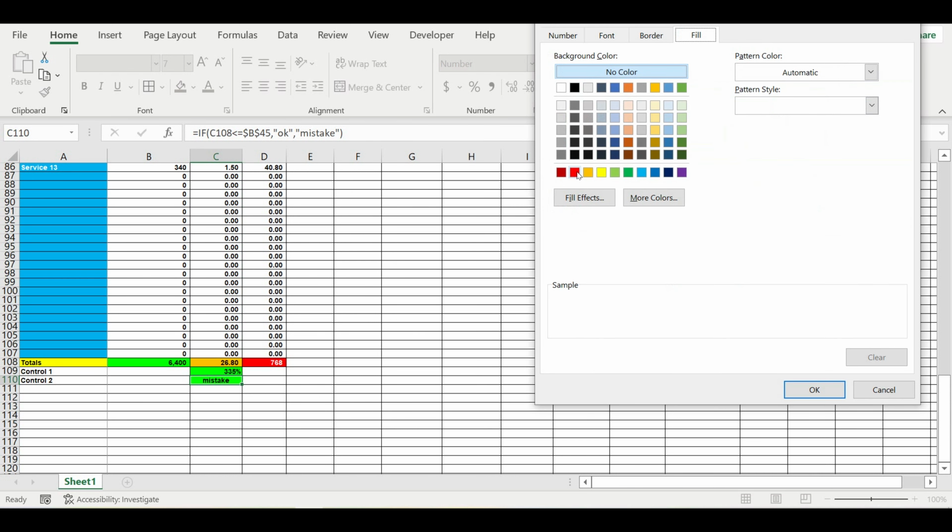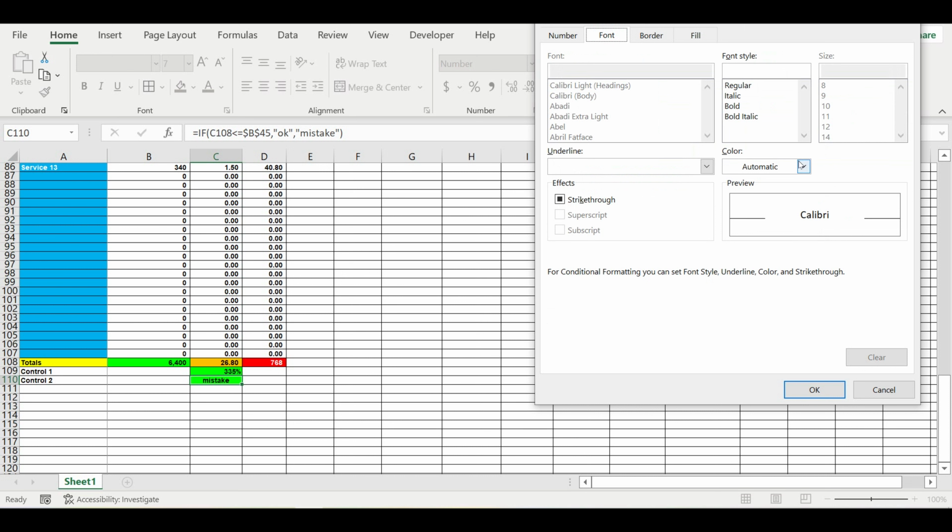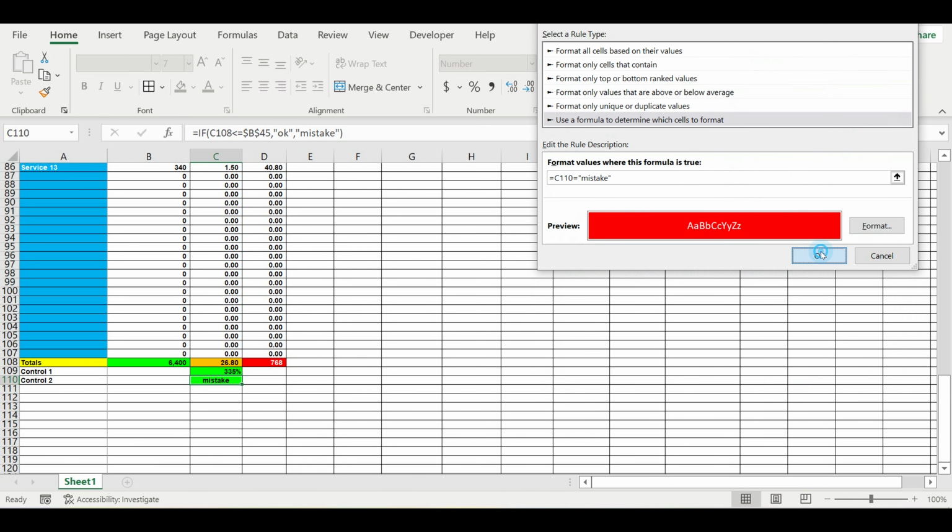We will fill it with red, the font will be white. Okay,